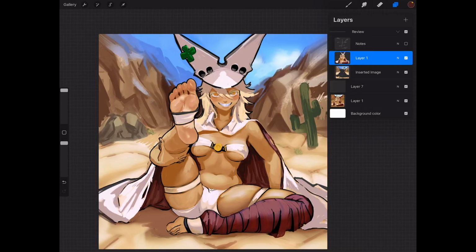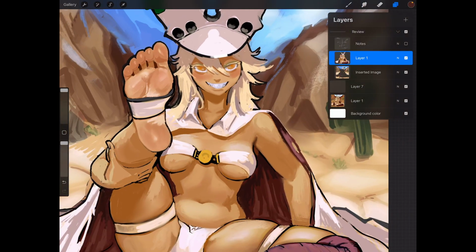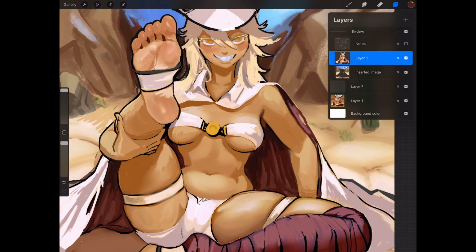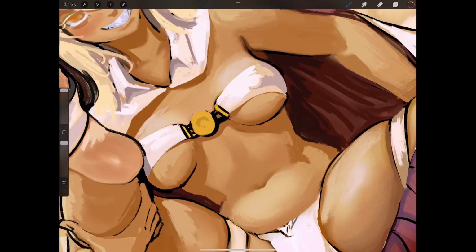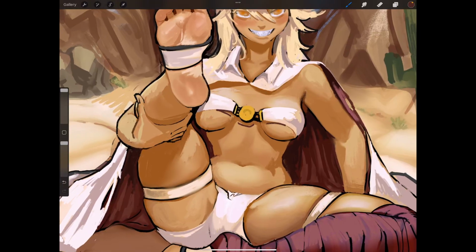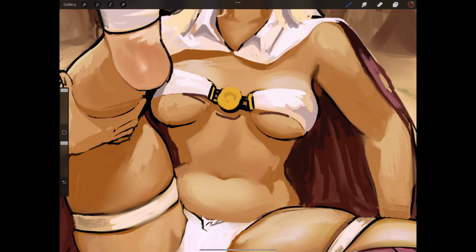I'm going to explain that here with the breast. Okay, with the breast, you will notice that there is a top, a piece of clothing here, that is casting a drop shadow. And it's called a drop shadow because it's being cast by another object to fall onto another object.